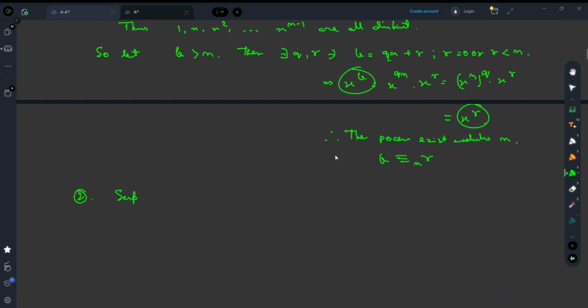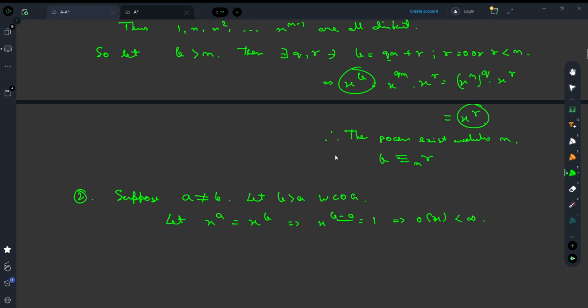That's quite obvious. Let's talk about the second statement. The second statement is also quite obvious because suppose a is not equal to b. Let b be greater than a without loss of generality. What happens if the powers of x in terms of a and b equalize? This means x to the power b minus a is equal to 1. This implies that